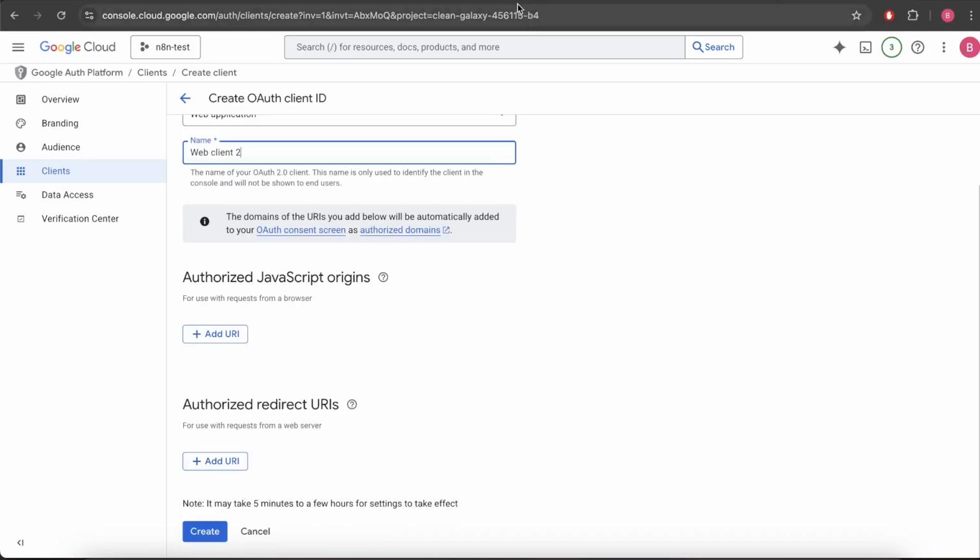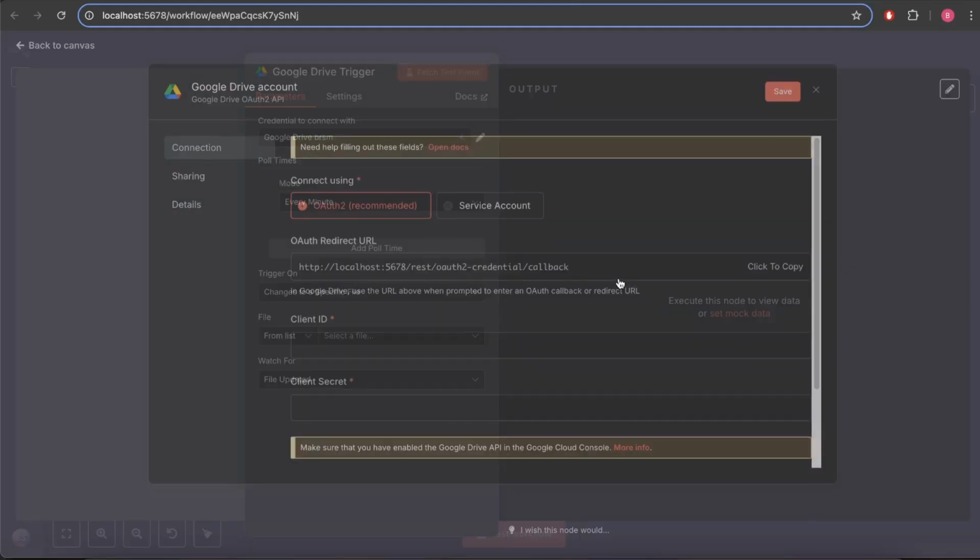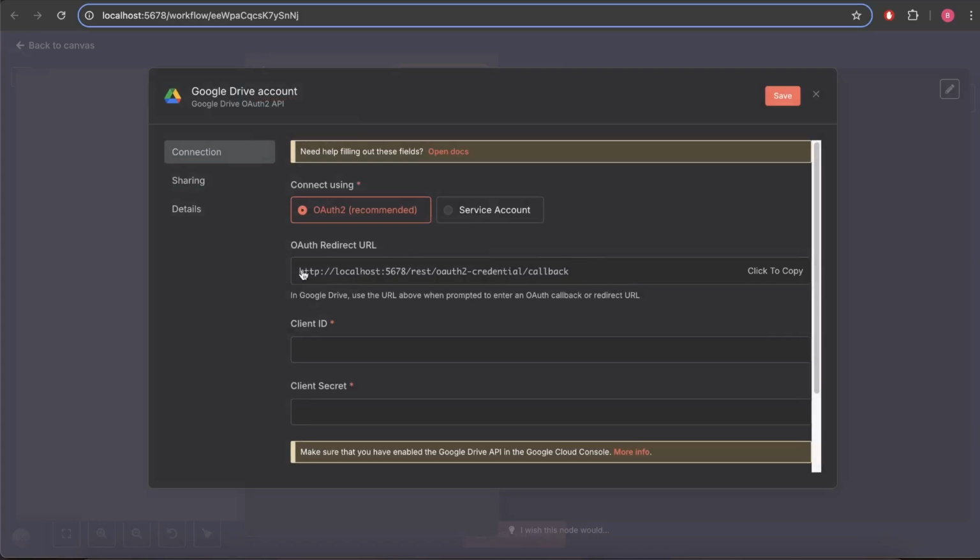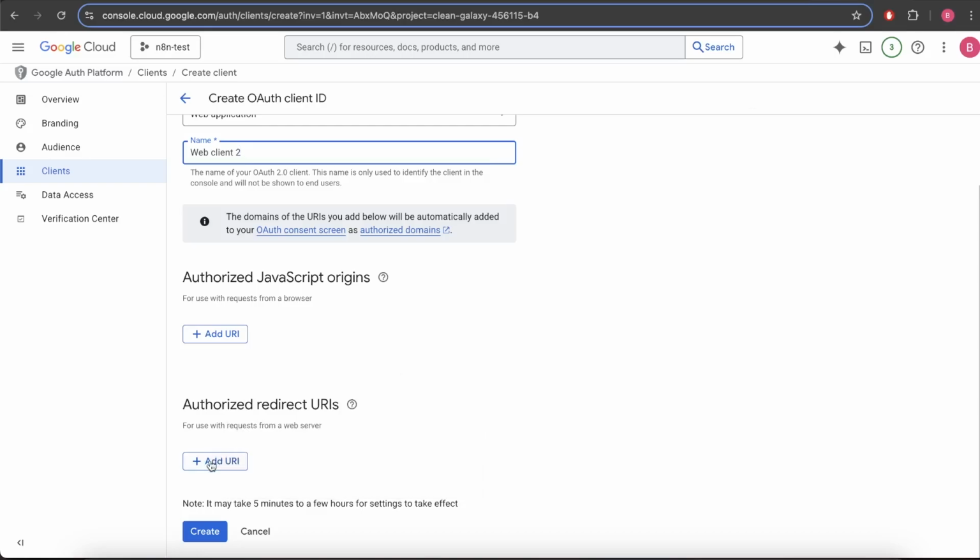URI in here. So if we go back to the workflow, in here, if I was to create a new one, I'd create a new credential. I'd be given this callback, right? So this is the redirect URL. So this is just saying, once we connect to our Google Cloud account, it's going to redirect us back to n8n with permissions granted. So if you copy this, go back into Google Cloud Console, add the URI in here,